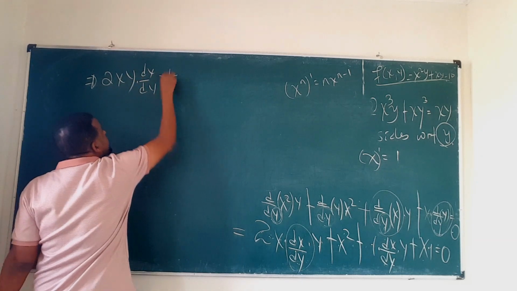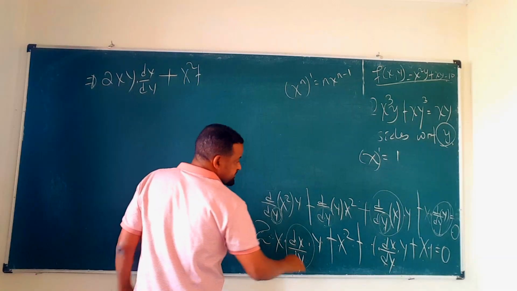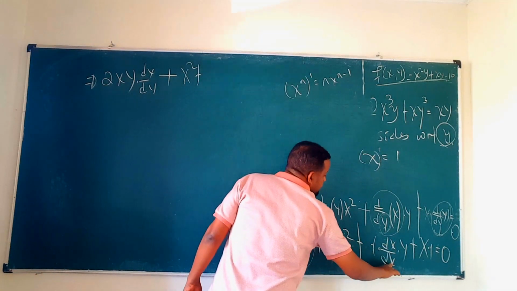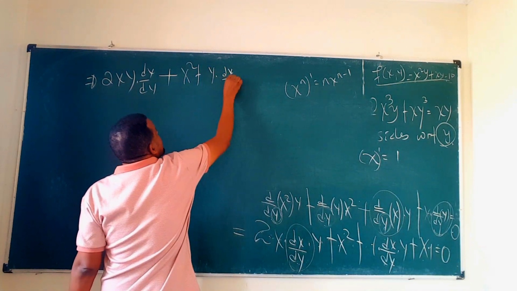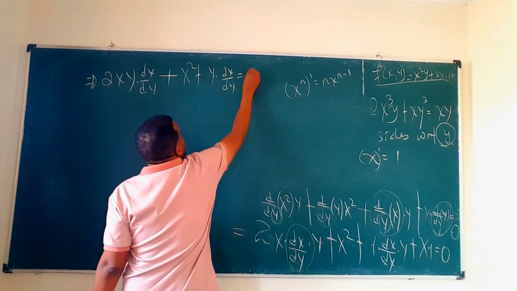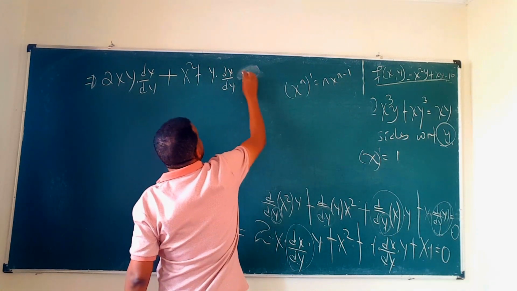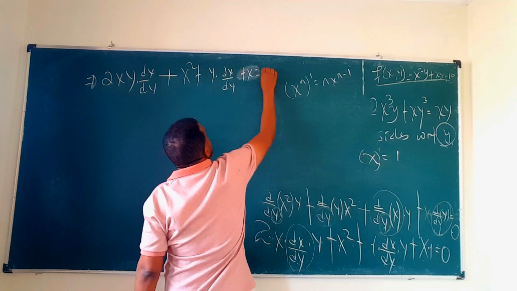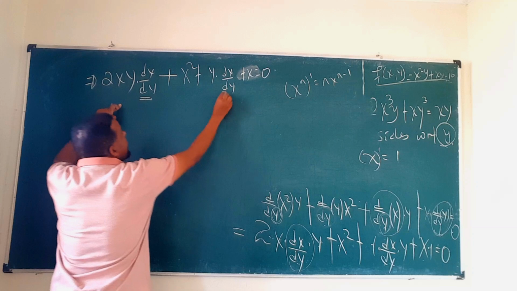Okay, plus here it is x squared plus here dx by dy times y, of course, so y times dx by dy, which is equal to 0. No, plus x is there, sorry, which is plus x is equal to 0. So now let's collect like terms. Look, dx by dy, dx by